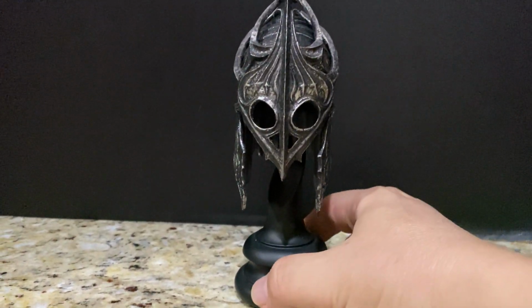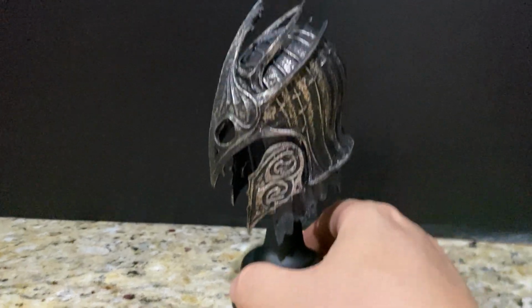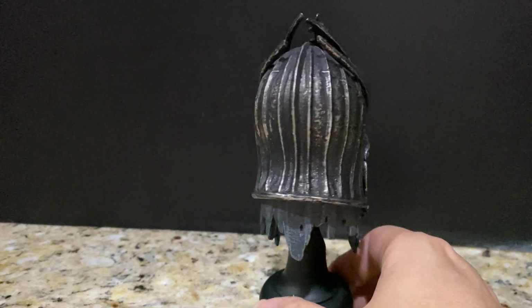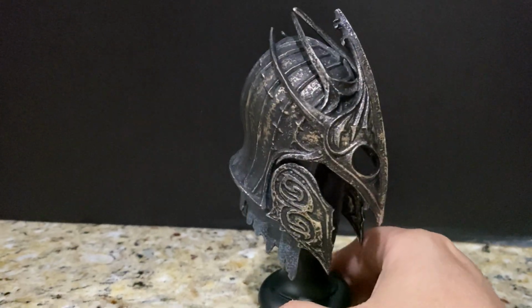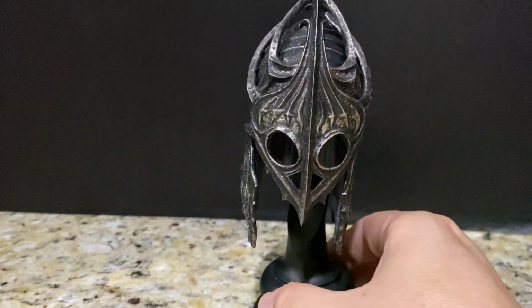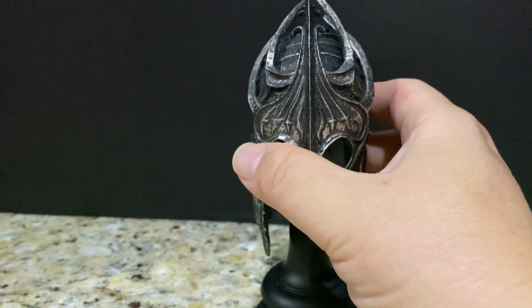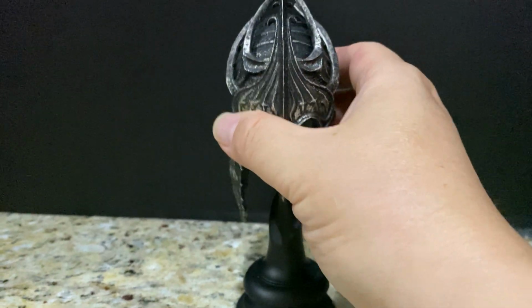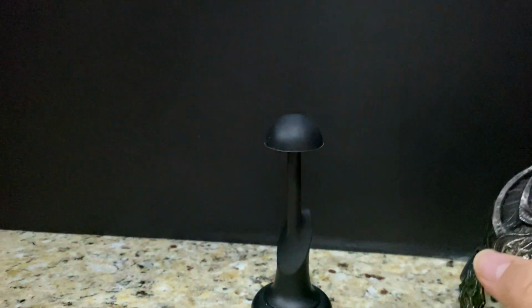But this is the one from Khand. And again, if you look at it, it's really, really cool, very beautifully designed. And so when you look at it, it's very beautiful. I'm going to gently take it off. I'm going to put it on the